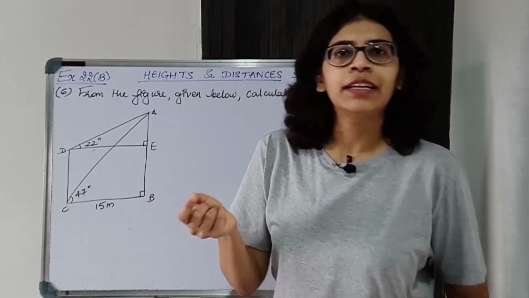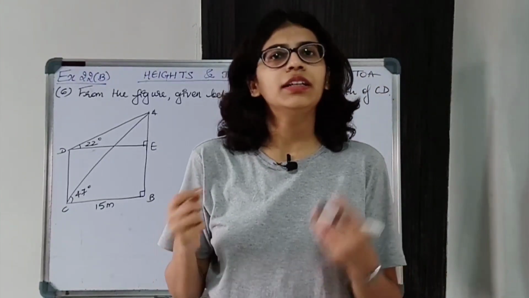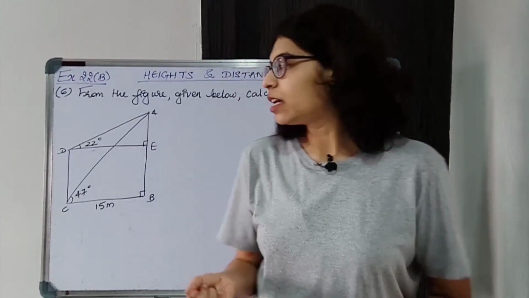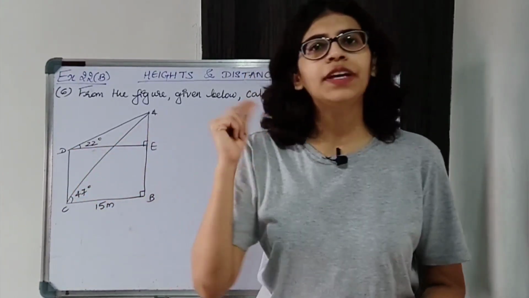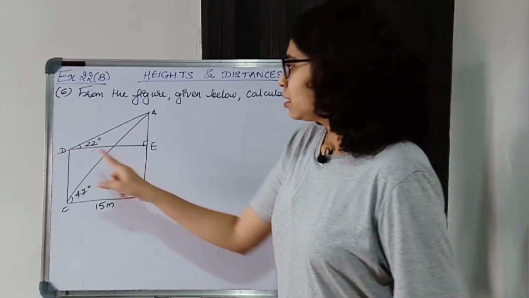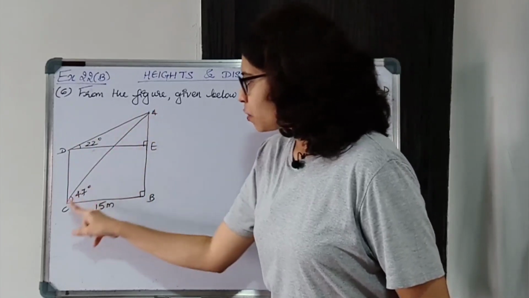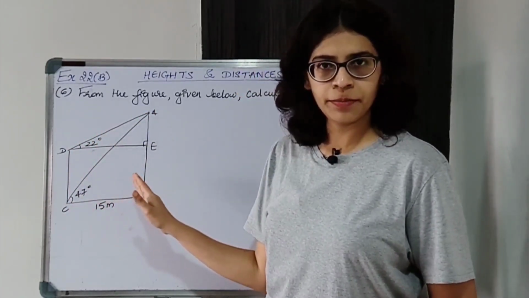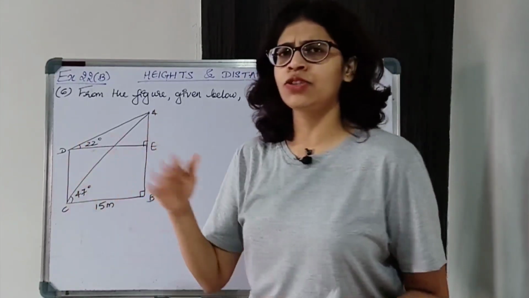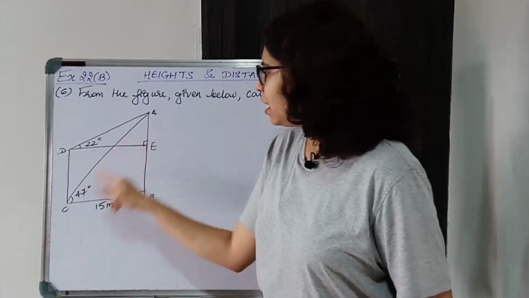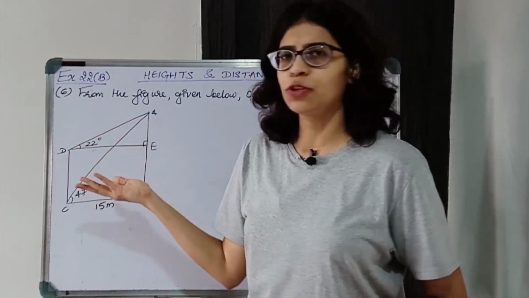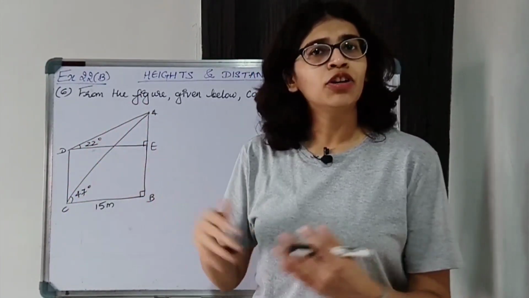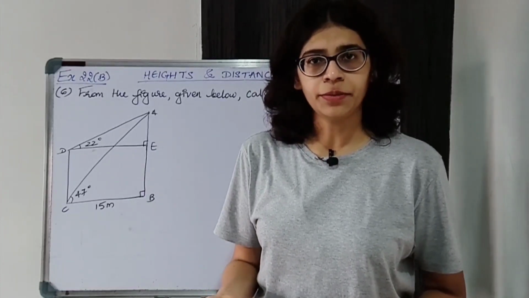Now normally to find length or distance, what do we do? We take a trigonometric ratio, that is, we consider a right angle triangle. Now is CD a part of any right angle triangle? CD comes in this triangle. There is no other triangle in which CD is included. Now ACD is not a right angle triangle. You can see A and C are acute angles, D is an obtuse angle. So this is not a right angle triangle. We cannot apply trigonometric ratio over here.